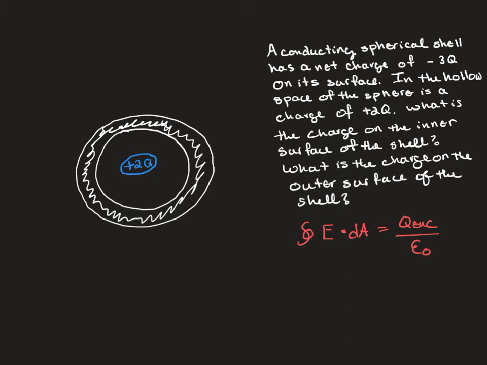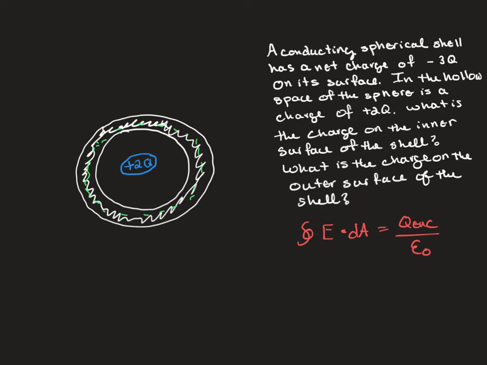So I'm going to draw my Gaussian surface in green in such a way that it goes through the conducting shell, and so the charge enclosed has to be 0. If I have 2Q as my charge sitting there inside of the empty cavity, that means to balance that out, I need